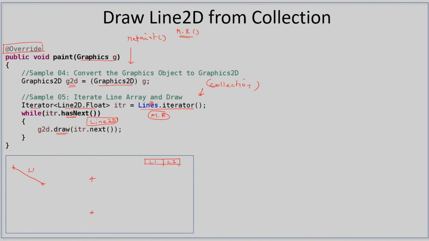What happens in the mouse release, we call repaint, right? Repaint means it will erase line 1 as well, as this is not yet drawn. Line 1 it will erase before coming here. So the previously drawn line is erased and we will come here and the execution goes, and this time the